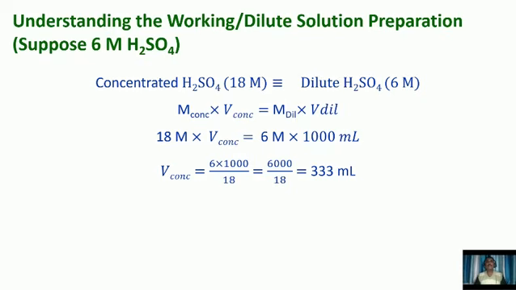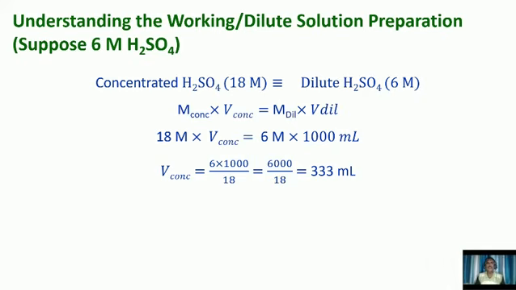In the next slide we will see how we can prepare the dilute solution or working solution from this H2SO4. Many times we are having H2SO4 which is 18 molar, and we have to prepare 0.0001 molar H2SO4. So by this formula it is not possible. Why? Because very small volume is there in case of very dilute solutions of H2SO4. So what you have to do, you have to go for stock solution preparation.